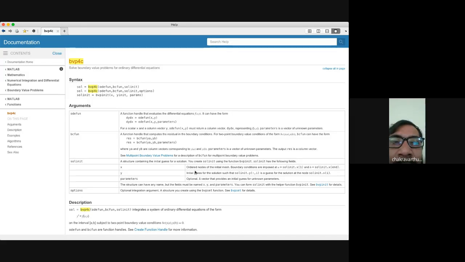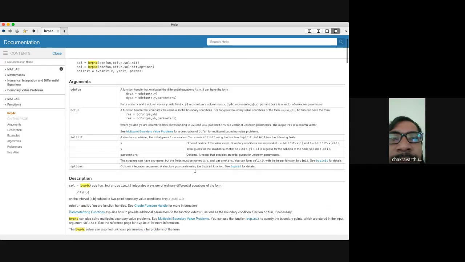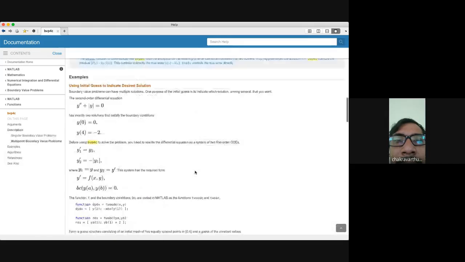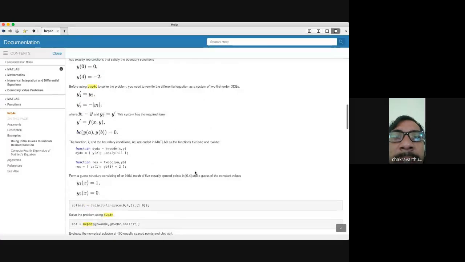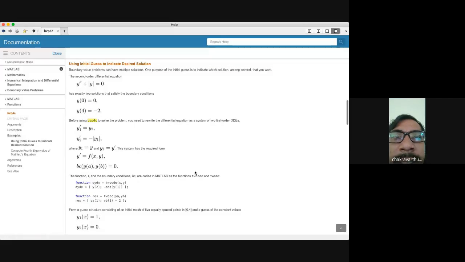If you just go down to the example, Kevin, Varun. Yeah, there if you see here, y double dash plus y is equal to 0. Someone asked about the nonlinear equations solver. So what they are going to do, they convert y double dash in terms of y dash. Initially they assume that y is equal to y1, y dash is equal to y2. Now y2 is y1 dash, because we already assumed that.